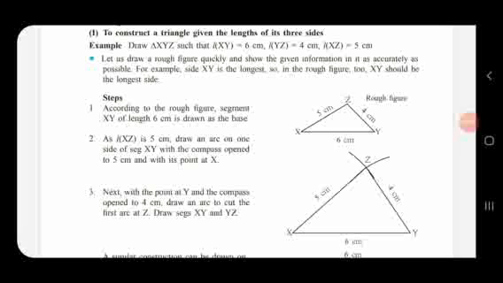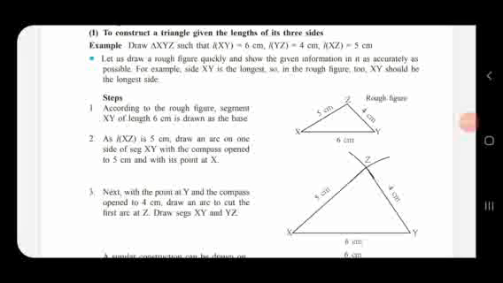First is how to construct a triangle if all lengths of its three sides are given, means all three sides length is given. Then how to construct a triangle? For that, first we will draw a rough diagram. After drawing rough diagram, according to the rough figure,